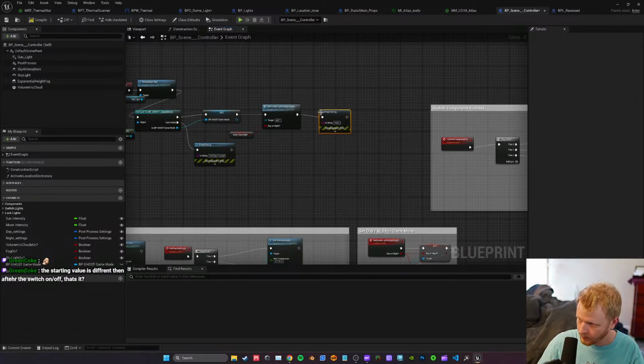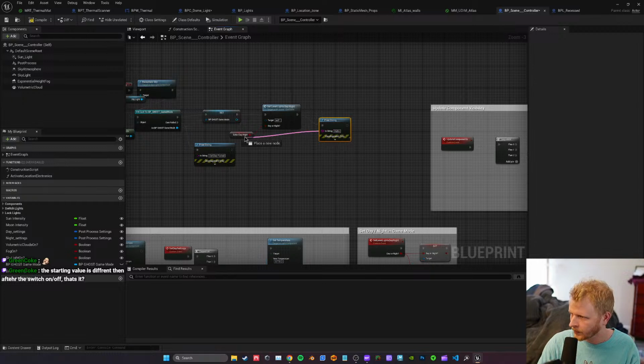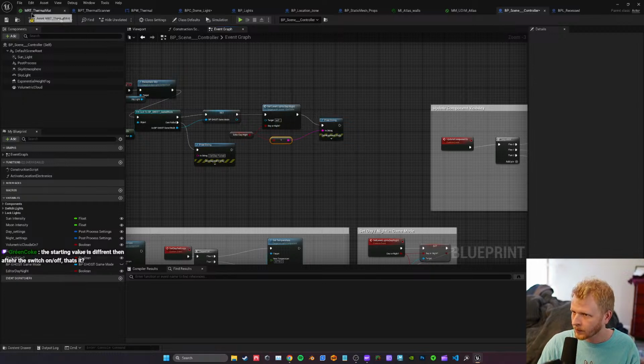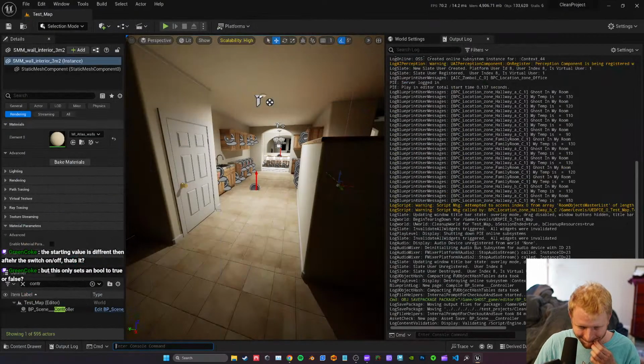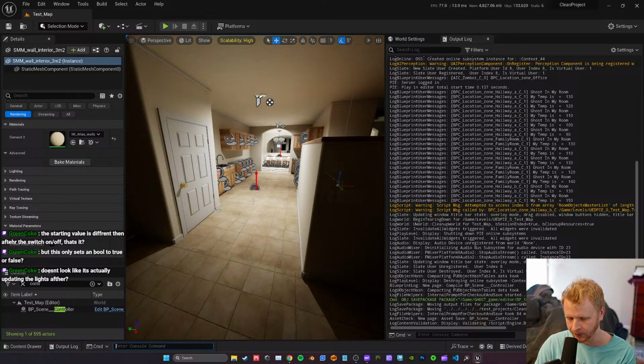Okay, let's double check to make sure that this is actually sending a false. Yep. So it's the controller object, but with all the button clicks, I'm choosing true or false, and then it's supposed to send that to the game mode, and then the other assets pull that Boolean value from the game mode. Doesn't look like it's actually updating the lights after. It is, because you can see